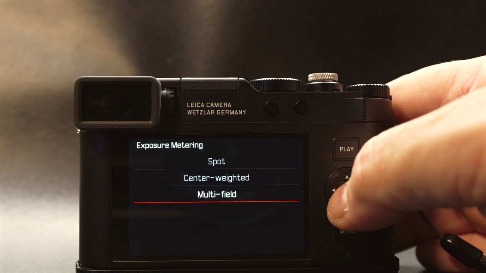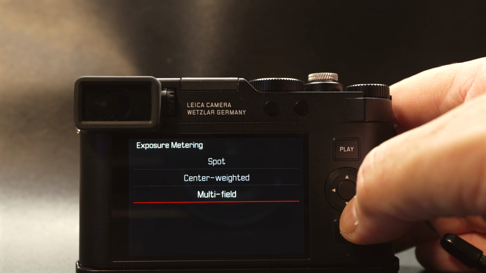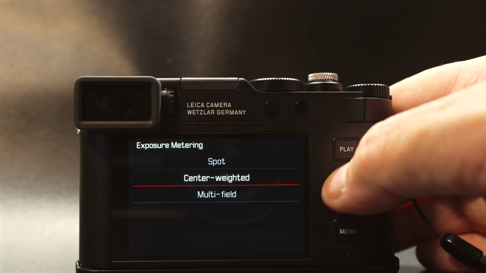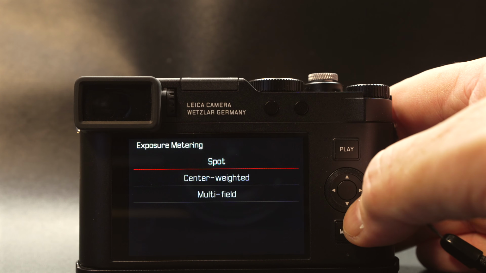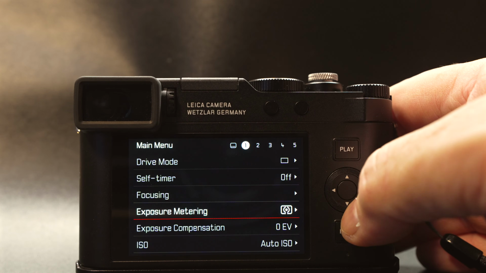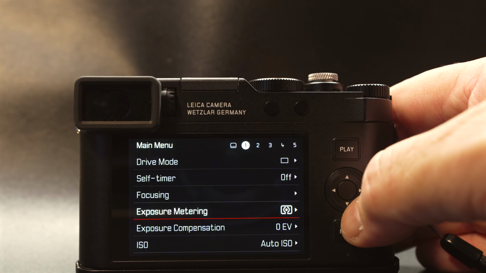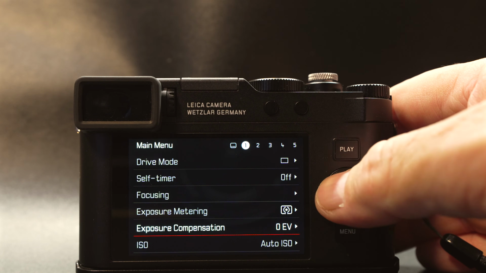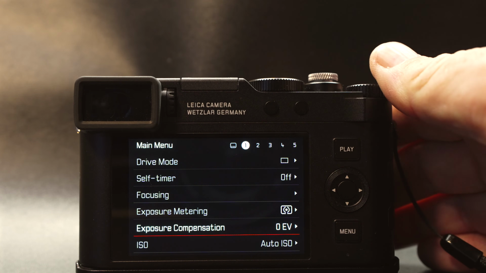Okay, exposure metering. This is just a couple different ones. Again, you can spot exposure meter, and that's actually kind of what I was talking about before. A center weighted or a multi-field. I just run multi-field. It seems to work the best with this little camera. This is if you want to preset exposure compensation. I keep that at 0 as a preset and just use the knob up here to adjust